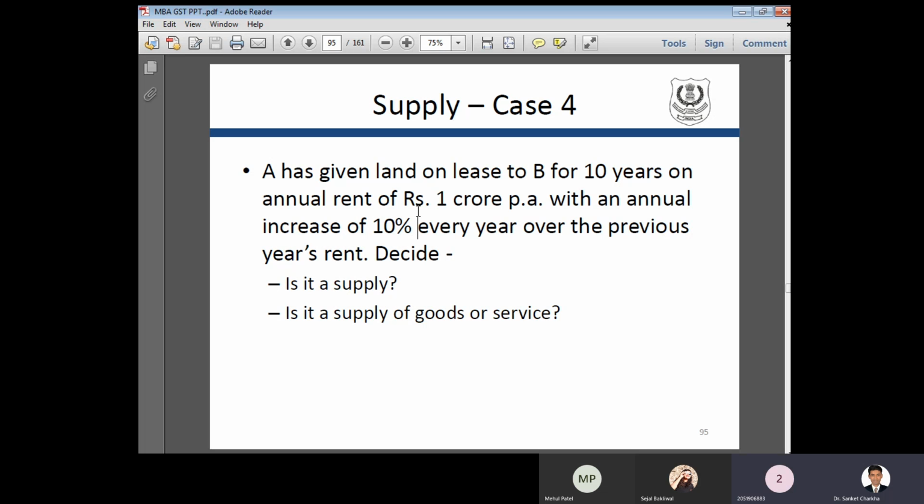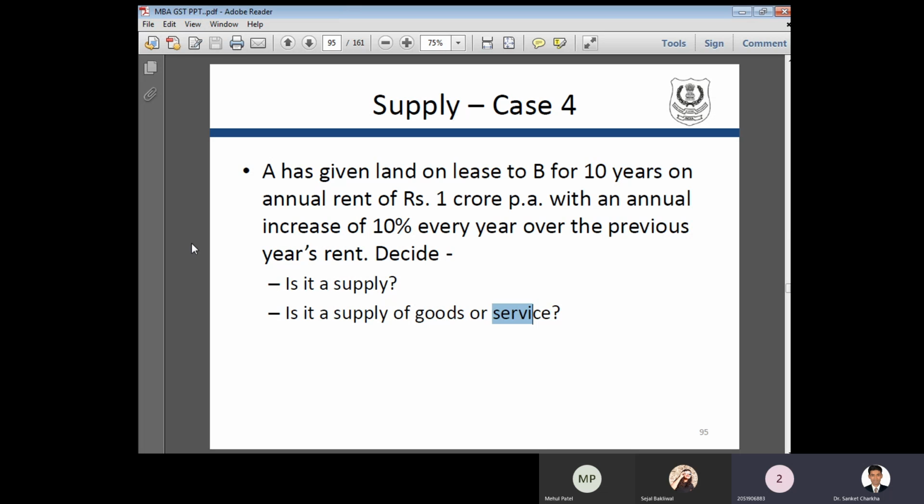मूवेबल प्रॉपर्टी पे. लैंड आप एक जगह से दूसरी जगह हिला सकते हो? नो. लैंड कैन नॉट बी ट्रांसफर्ड फ्रॉम वन प्लेस टू अनदर प्लेस, इट इज इमूवेबल. और इमूवेबल प्रॉपर्टी पे जीएसटी एप्लीकेबल ही नहीं है, उस पर प्रॉपर्टी टैक्स लगता है, एंड हेंस इट इज नॉट अ पार्ट ऑफ सप्लाई. सो जब तक आपका सप्लाई नहीं आता तब तक आप वो गुड्स है या सर्विस है आइडेंटिफाई नहीं कर सकते, और जब तक आप वो आइडेंटिफाई नहीं करोगे, आप उसमें टैक्स पे नहीं कर सकते. क्लियर? यस सर.